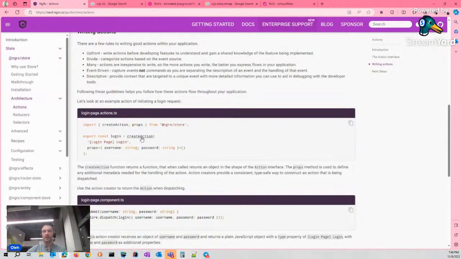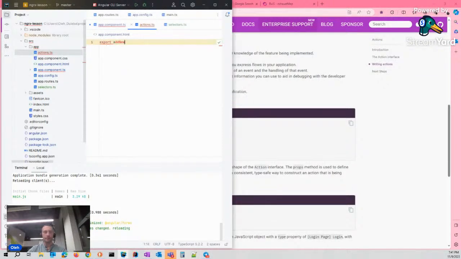Okay, createAction function with name and properties. Just an interesting approach when we call the props function, but pass some generic types here.